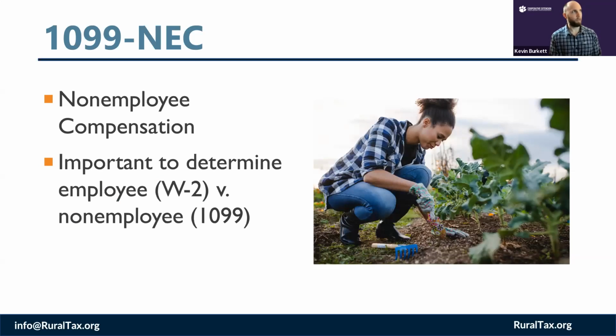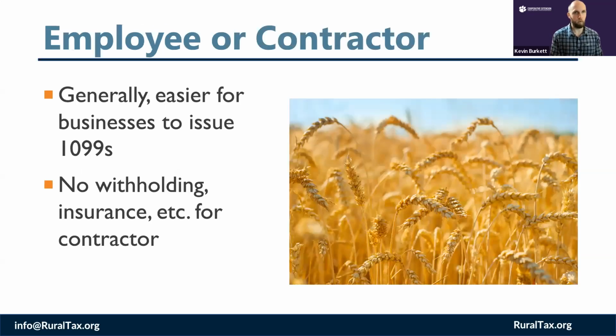This is a relatively new form, the 1099 NEC, but it is related to non-employee compensation. And so it is kind of important to determine, does someone actually work for the business, or are they more independent contractors? A lot of times what you'll hear, or a non-employee, which is when we would issue the 1099. Generally, it's easier for a business owner to just issue a 1099 to that person because there's no withholding, there's no insurance and things that we have to keep track of. So we can compensate that person and we determine maybe whatever the amount is, but it's just issued through a